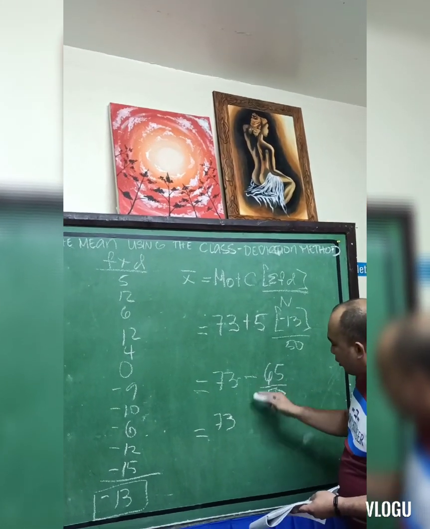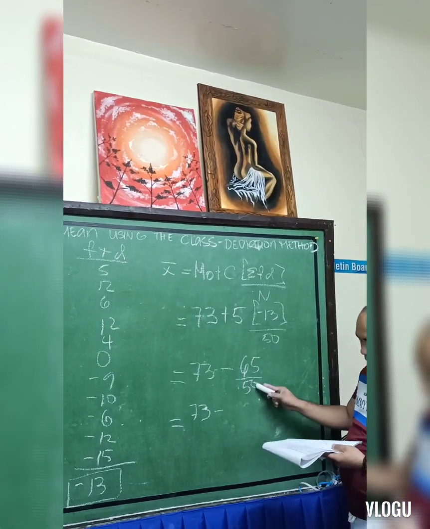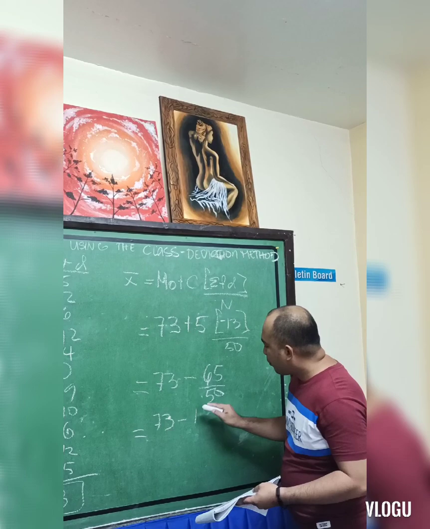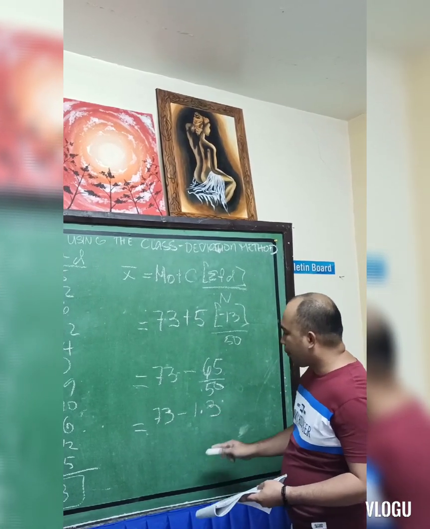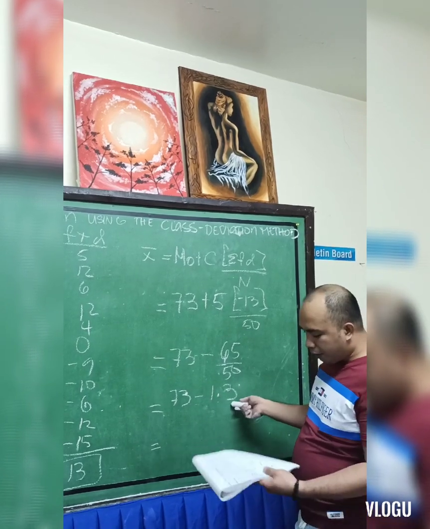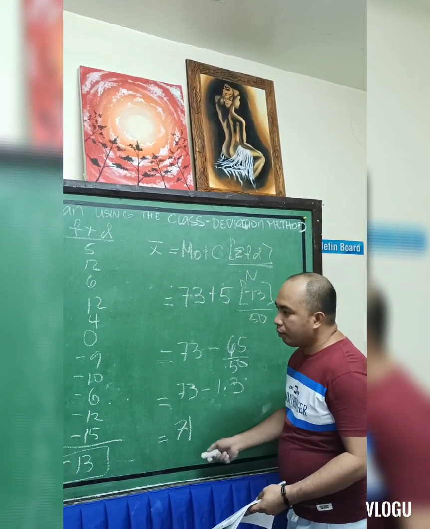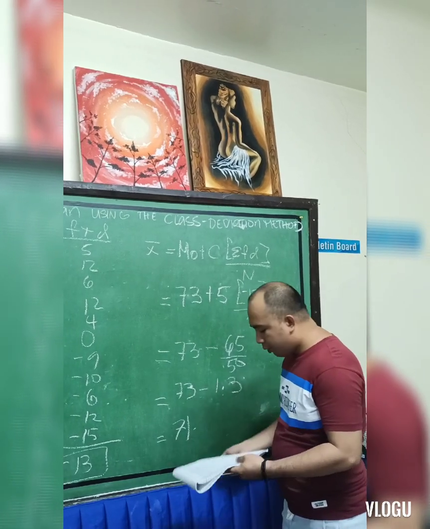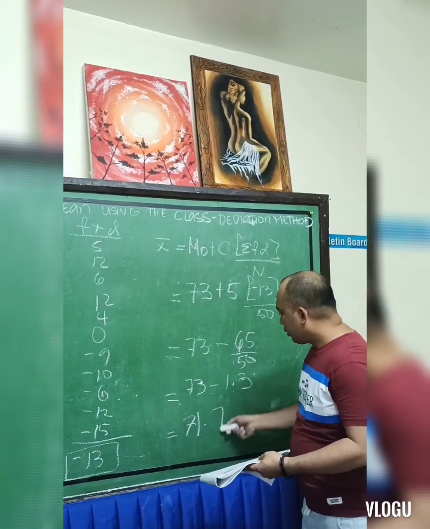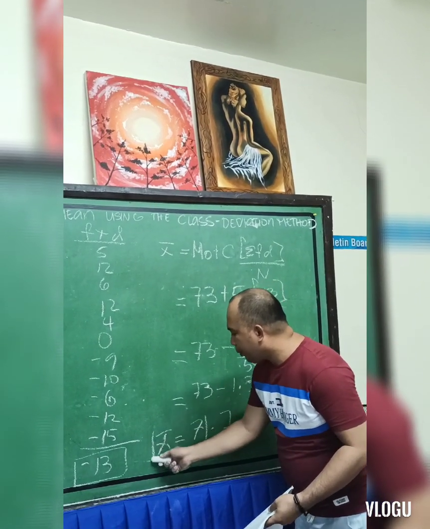Then copy the sign, which is negative. 65 divided by 50 is 1.3. Next, 73 minus 1.3 is 71.7. So this is our arithmetic mean